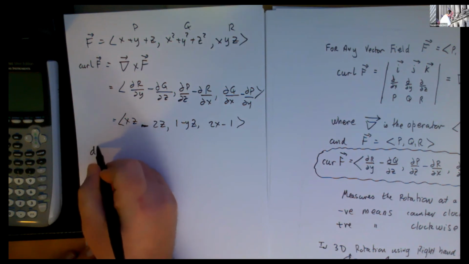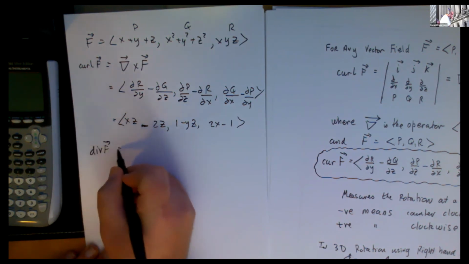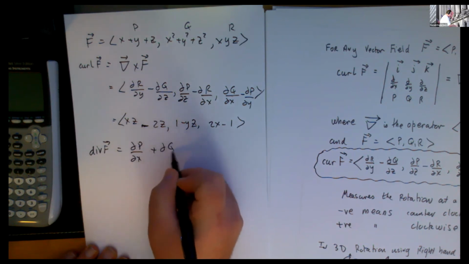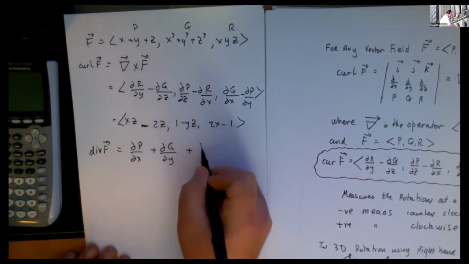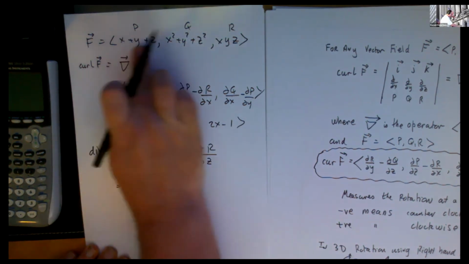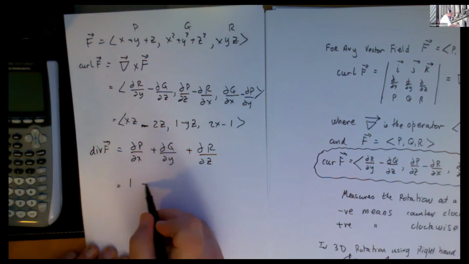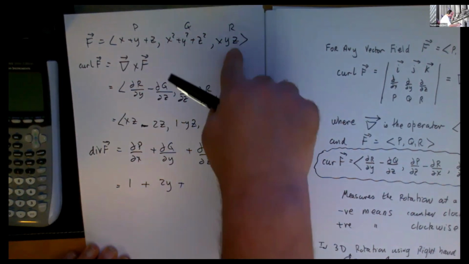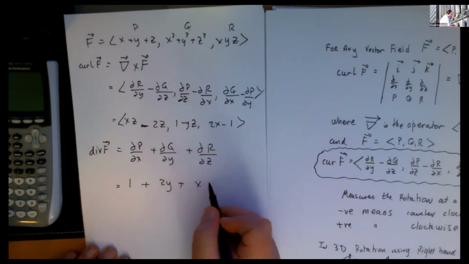Let's find the div of F. So it's the first one with respect to x, add the second one with respect to y, add the third one with respect to z. Well, if you take this and differentiate it with x, you get 1. If you take the middle one and you do it with y, and if you take the last one and you do it with z,